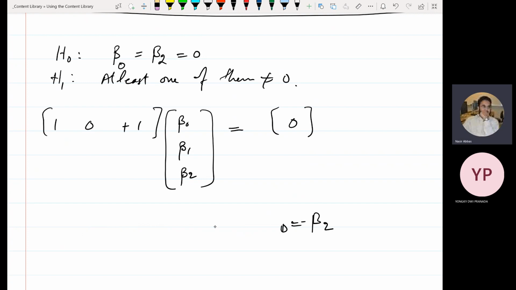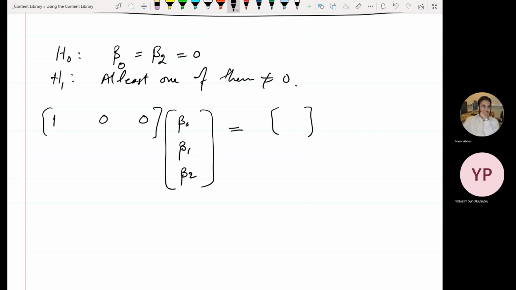Let us try one more time. Add another row to T. If you look at your H naught, it's not one condition. These are two conditions, that beta naught is 0 and beta 2 is 0. So you need to write two rows of the T matrix. The first row will be 1 0 0 equals 0, and the second row will be